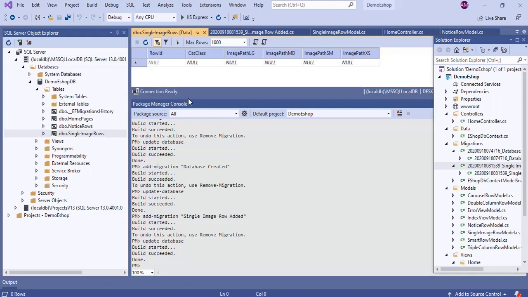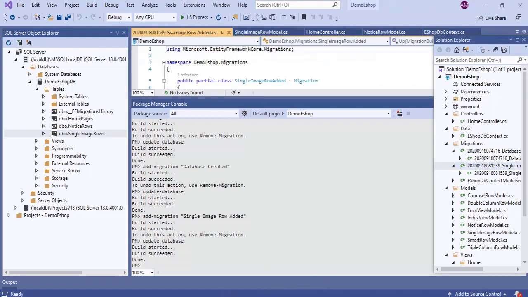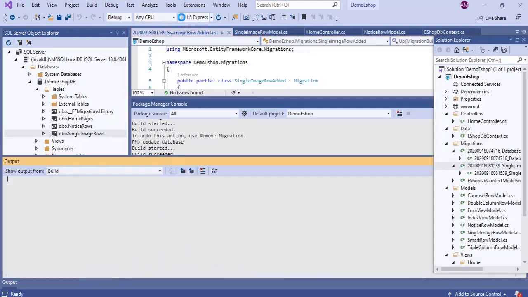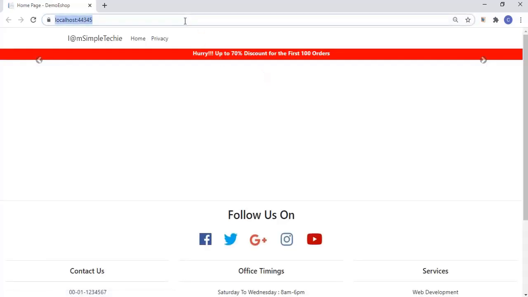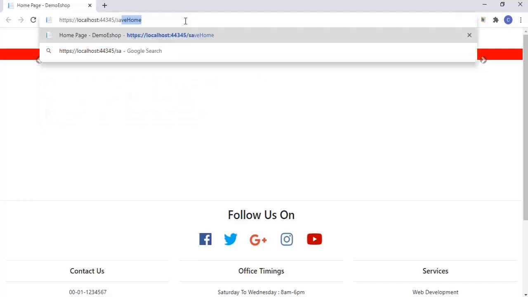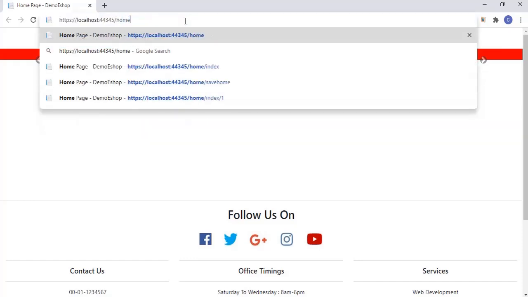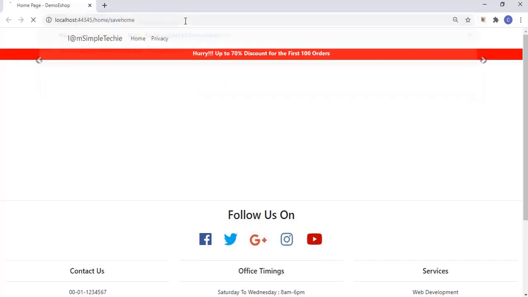Okay, now what we'll do, we will run our project and save the default page. Save home.